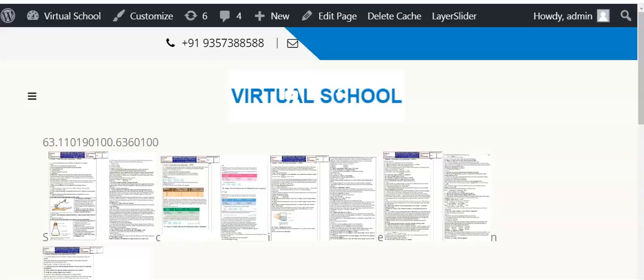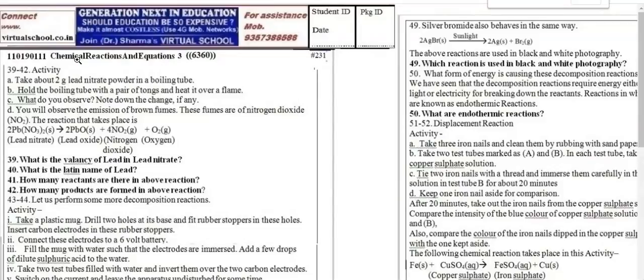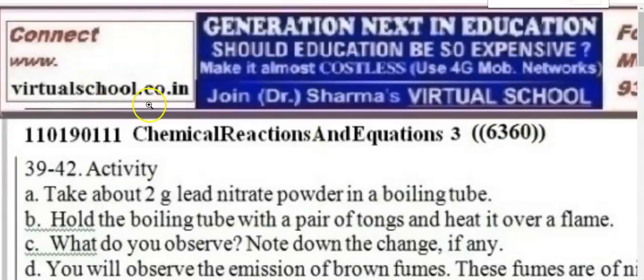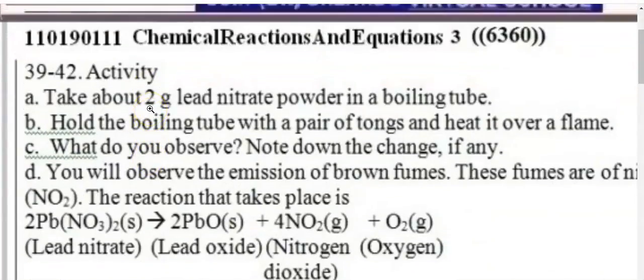So students, here we are with our next video lesson, class 10 science, first chapter, chemical reactions, of course. Now, here we find chemical reactions and equations. There's an activity you find here. So in case you want to do this activity, please go to the activity section and just see how the whole thing is done in the lab.